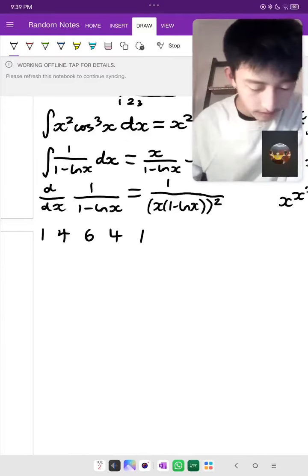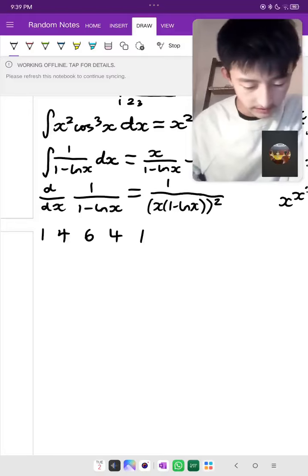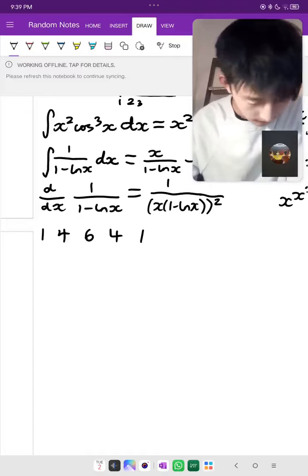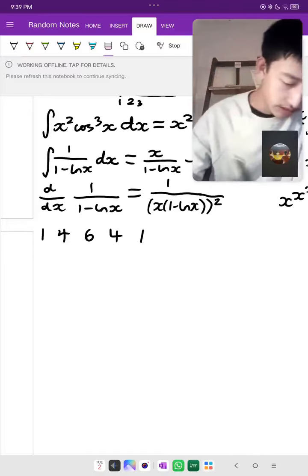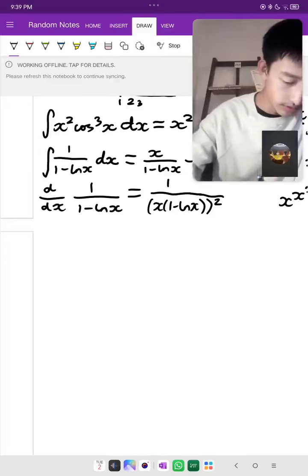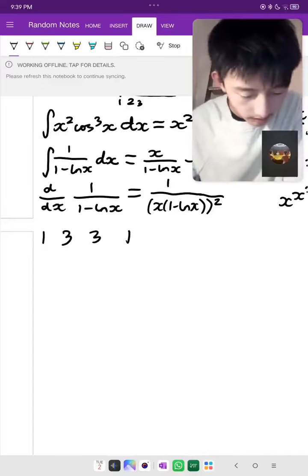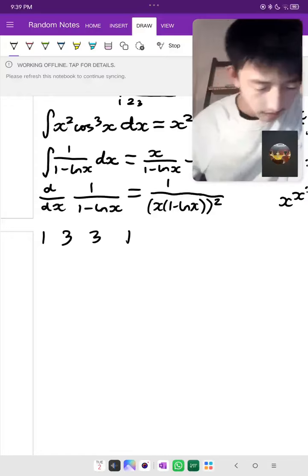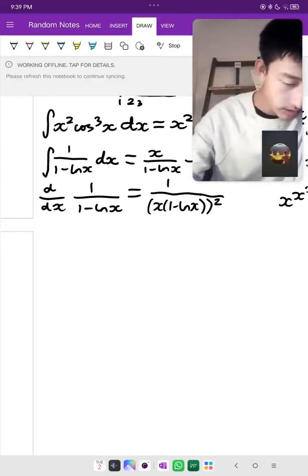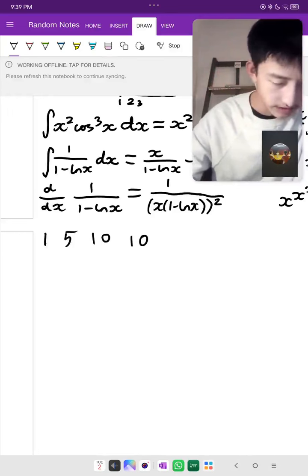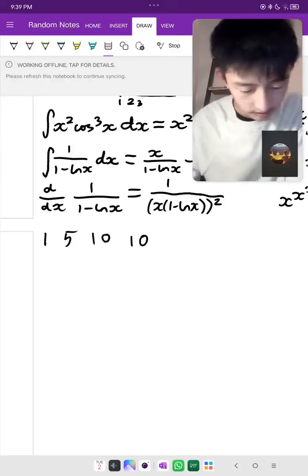I wish to make a 5 here, I guess. Or I could go for a 7. Don't really think that works that well. If I try 1, 3, 3, 1, then I don't think this is going to work very well either. If I go 1, 5, 10, 10, 5, 1, yeah, I don't see how I'm going to get consecutive integers